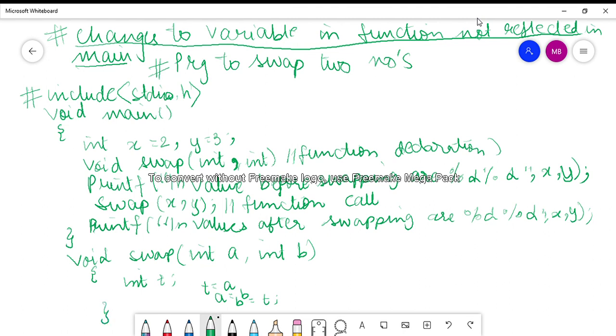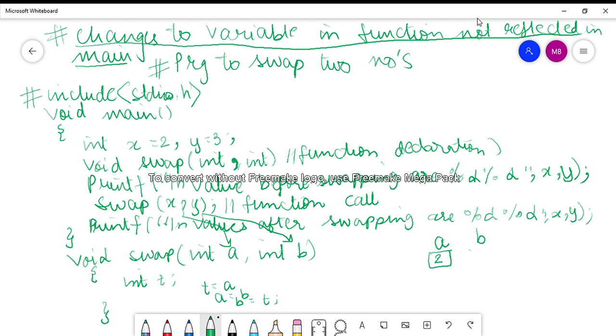Now here you can see that a is passed the value of x and b is passed the value of y. That means basically a is having value 2 and b is having value 3.